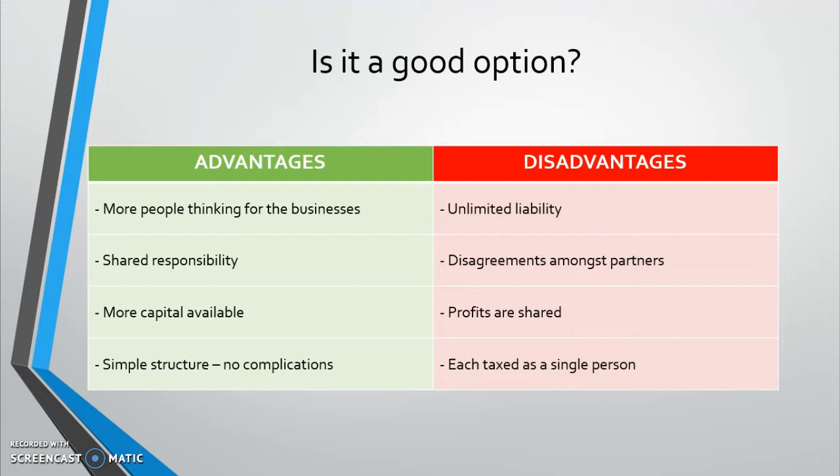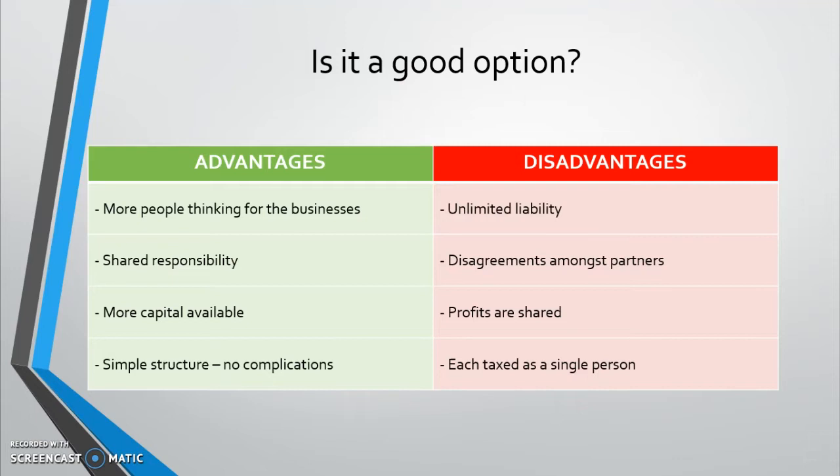Now, the next advantage that we have is that there is obviously more capital available. So with a sole trader, the sole trader has options of using their savings, maybe going to a bank, which is more risky. Banks usually don't really trust sole traders because they know that they're one single person and may not be able to handle everything or gain the biggest profits of all time. And the sole trader can maybe take help from their family members or friends, a limited group of people that they know.